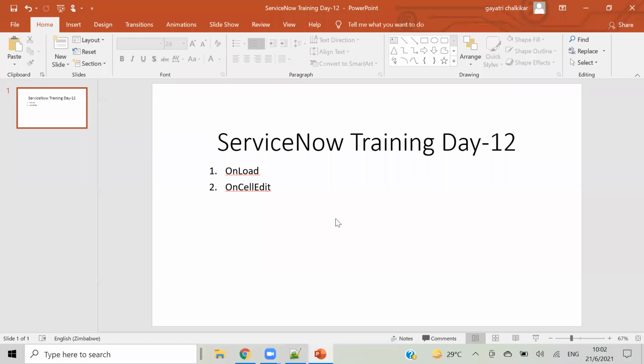session. And this is for Sohail and Sai Kiran. So you can practice this week, whatever we are seeing, like client script, UI policy, table creation, field creation, and I will take your instance this Sunday. Okay. So practice whatever we have learned. So I will take both of you.